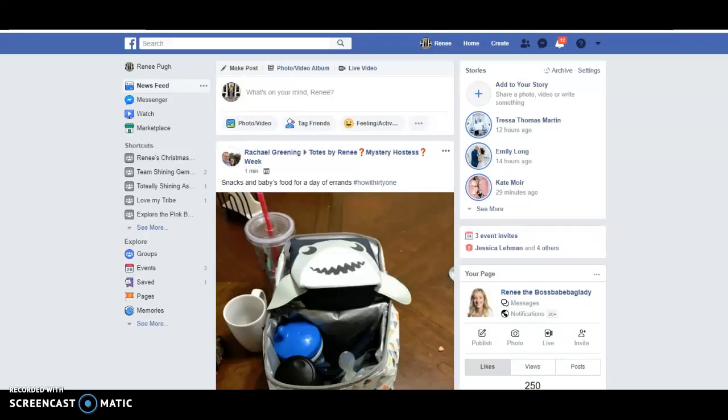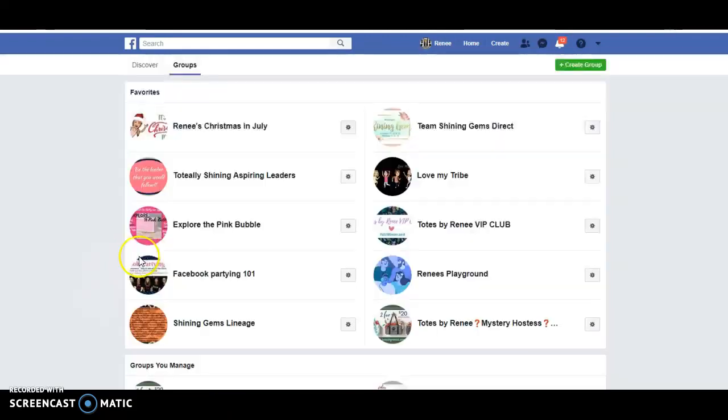Hi friends, today I want to show you how to set up a Facebook group and also to apply an app resource called Post My Party to help you schedule posts in your group. So to start your group, you're going to go to your Facebook main page and click on the Groups tab. Then you're going to click Create Group